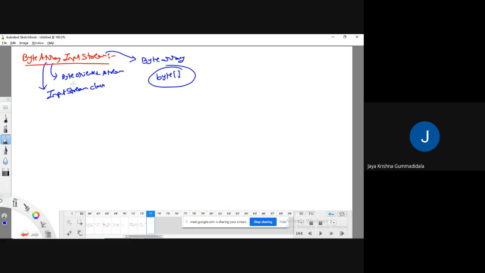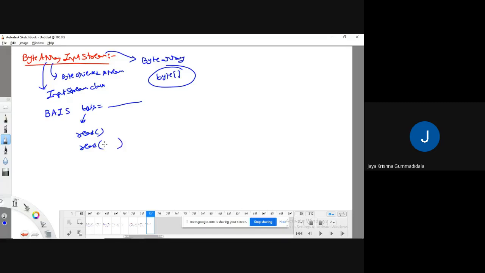Okay. If you want to work with this ByteArrayInputStream class, what do you need to do? You need to create the corresponding object. ByteArrayInputStream object equal to something. Through this object, I can read the data using the read method.